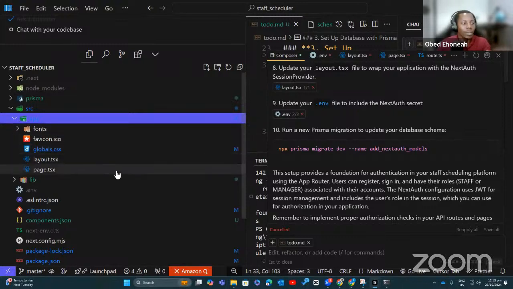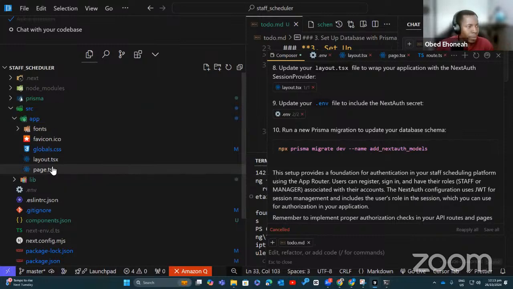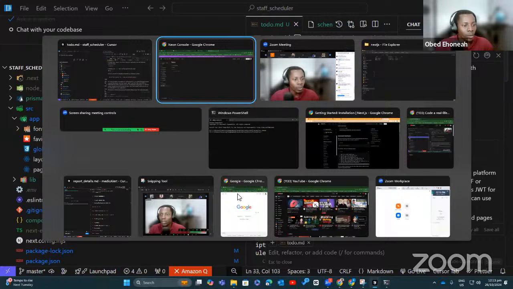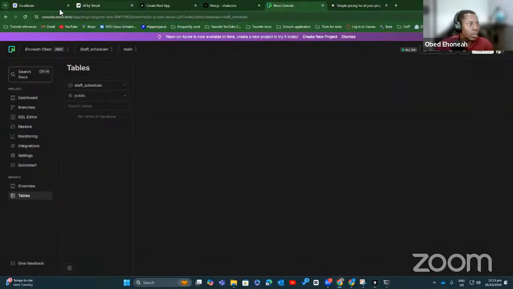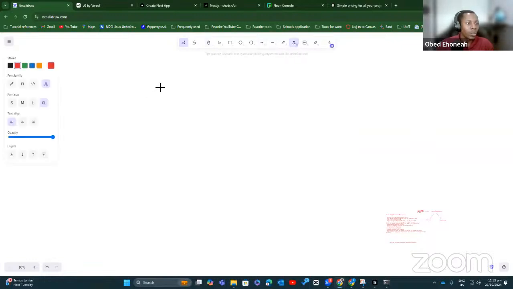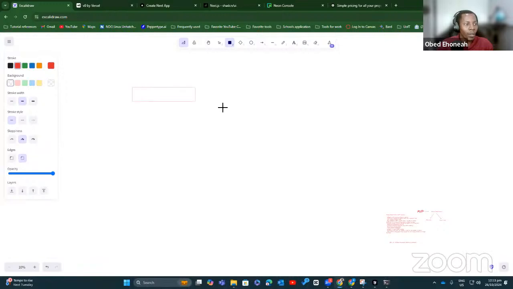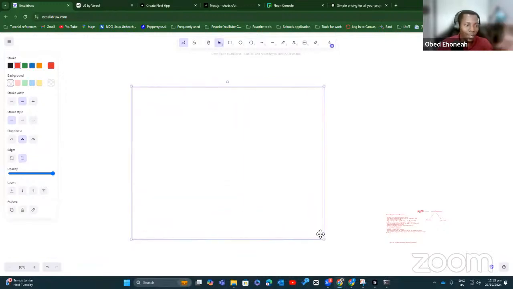Then every single page will be, so let me try and explain this better for those who are new to Next.js. When we say you are using the app router, you come in, we have this as our SRC directory. I like the SRC directory.